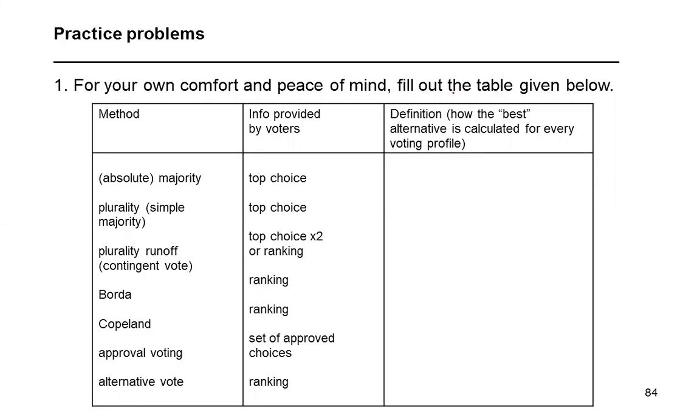Practice problems. Our first problem is essentially a tool to help you remember the definitions of our 7 voting methods that we introduced in this long lecture. So it is a very simple, technically very simple exercise. Let's say in the case of absolute majority, what is the definition of the absolute majority or majority rule? The definition is that the winner,